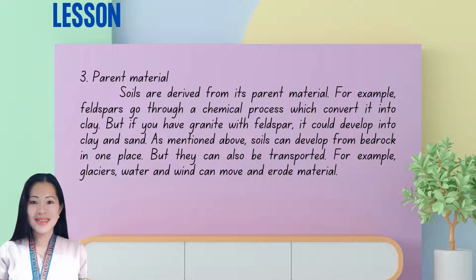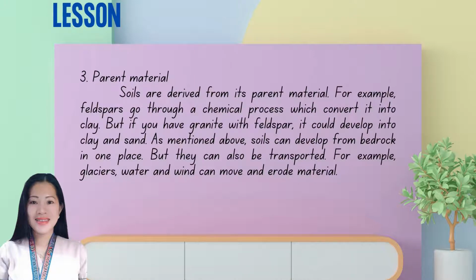Third, parent material. Soils are derived from their parent material. For example, feldspars go through a chemical process which converts them into clay. But if you have granite with feldspar, it could develop into clay and sand. As mentioned earlier, soils can develop from bedrock in one place, but they can also be transported. For example, glaciers, water, and wind can move and